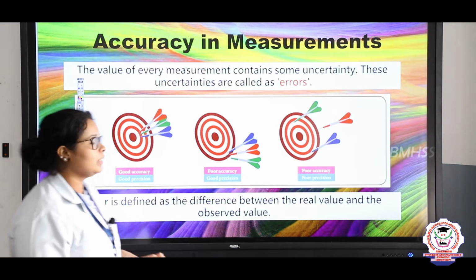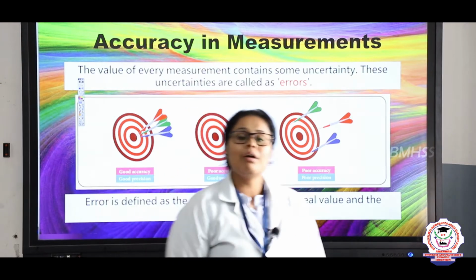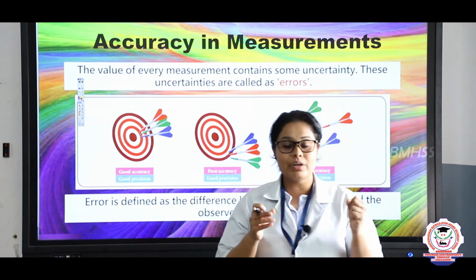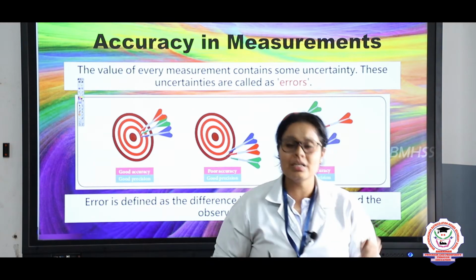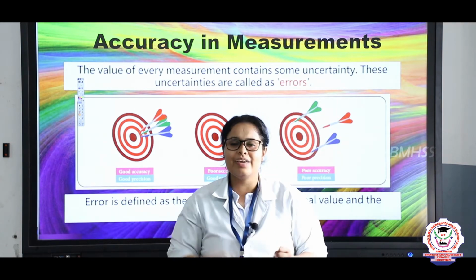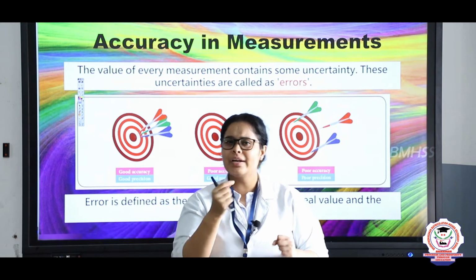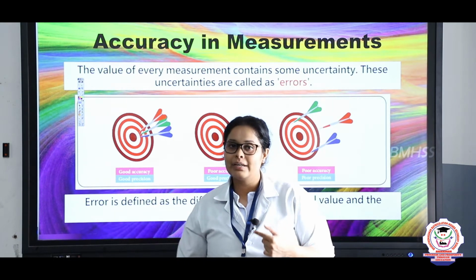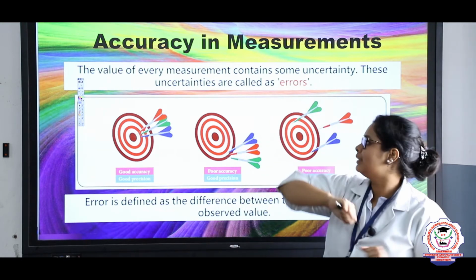Now let us see what is accuracy in measurements. When you are going to a place, you want a certain amount. Like for example, you are taking 1 kg of rice, you need the correct 1 kg. If you are getting extra, it's fine. But if you are getting even 100 or 10 grams less, you will fight with those people, right. So that is why we need accuracy in this.